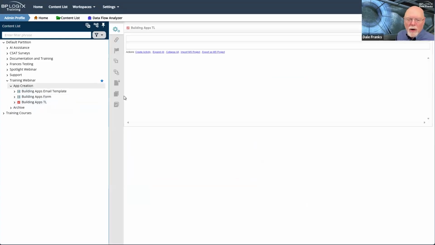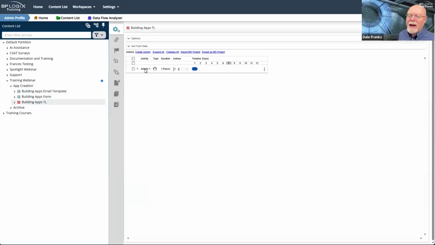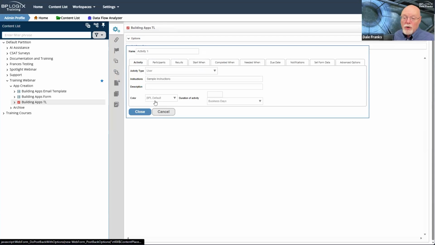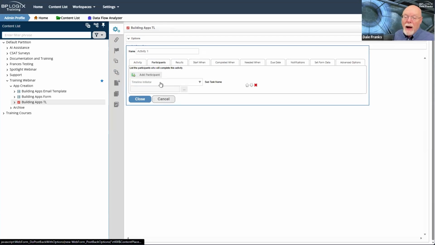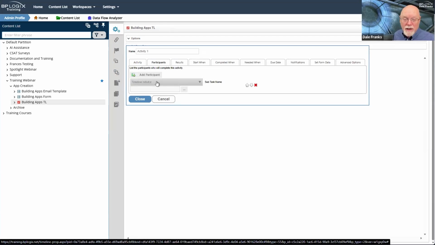So we're going to go to our building apps timeline, and I did create an activity, and it is a user activity. I didn't configure anything. And so again, this makes testing easy here, because whenever I create a new user activity, the default participant is the timeline initiator, which in my testing scenario is me.